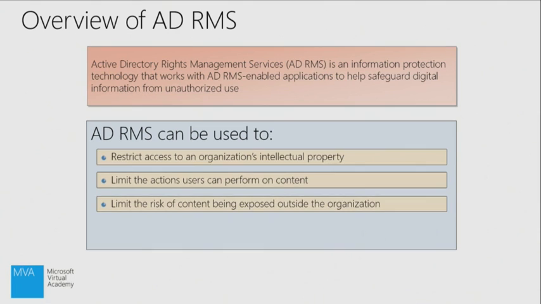Overview of AD RMS. Information protection technology that works with AD RMS enabled applications to help safeguard digital information from unauthorized use. Really, to sum this up, what it does is it allows us to author content, define how that content can be used, and then share that content out with the world. And that definition that we've given it follows it and maintains the security we've put on that content, as opposed